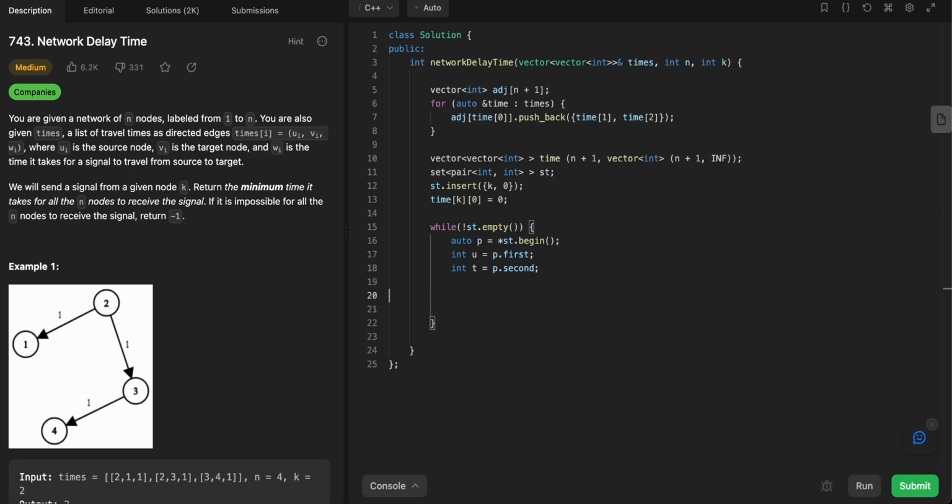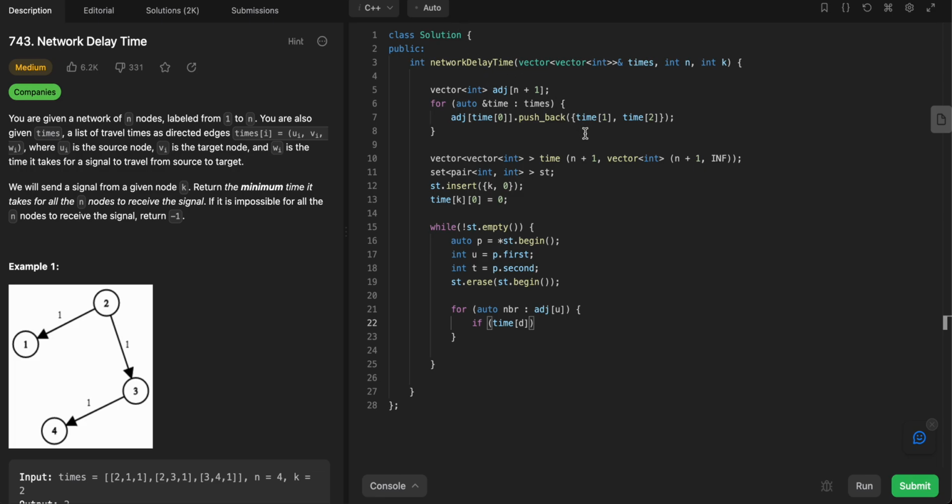Let's erase it also, st.erase of p or st.begin. Then go to all the neighbors of u. If the time to reach at neighbor